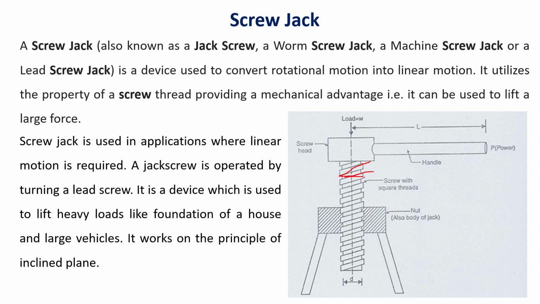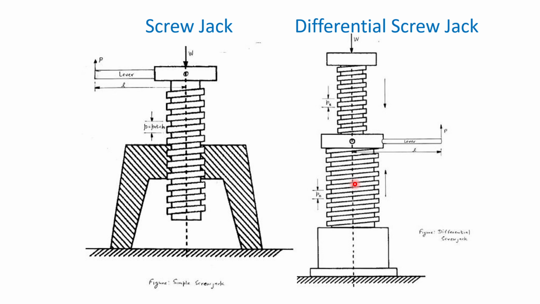That this triangular portion often we get is counteracted with the force system, that is the frictional force system, and in that way we can visualize the effect of different forces acting on this particular lead screw. So this is how different types are given: screw jack and the differential screw jack. Here, this is the simple screw jack all of you must have seen in your car vehicle.